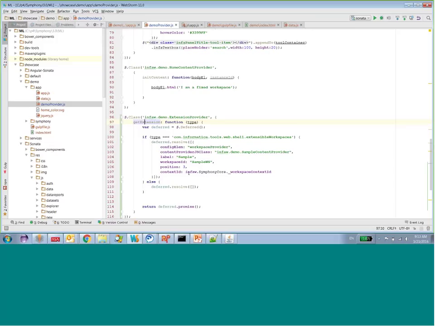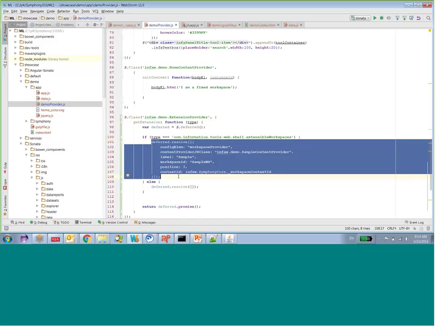And internally, Symphony at different times, depending on which extension, will call this function and ask, is there any extension anybody wants to contribute to this particular extension point? So, for example, during the config, when we do config workspace, we not only take in the workspace that you pass through config workspace, we also call the get extension here and pass the extension type, which is called extensible workspace. We also pass this type and say, is there any other workspace we want to contribute to the geo application? And then